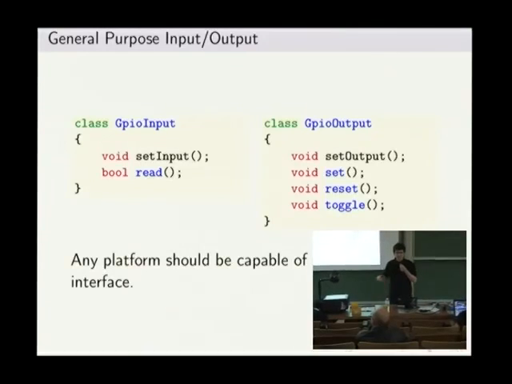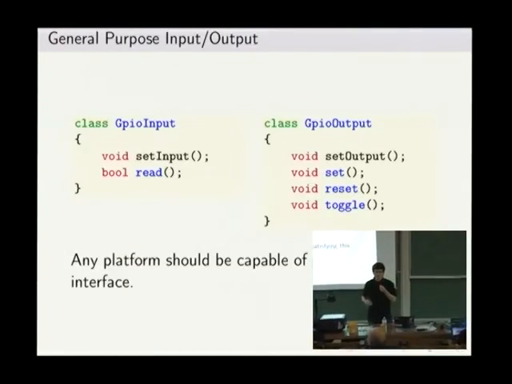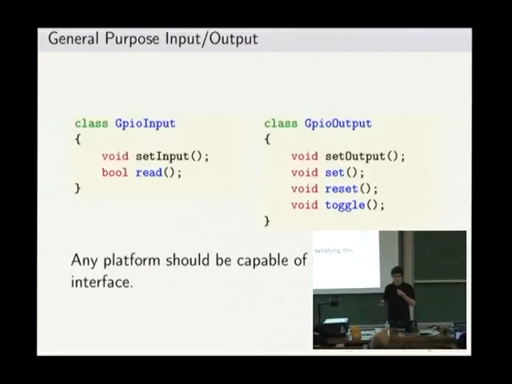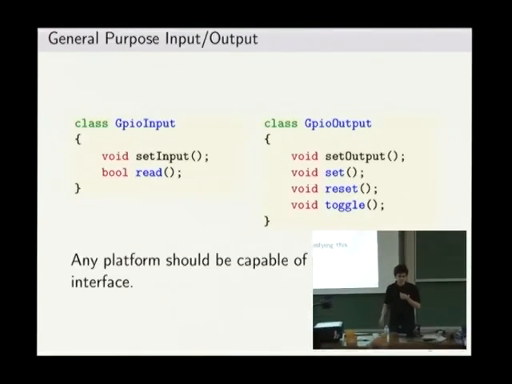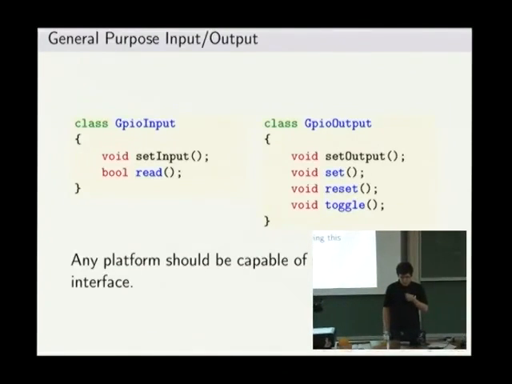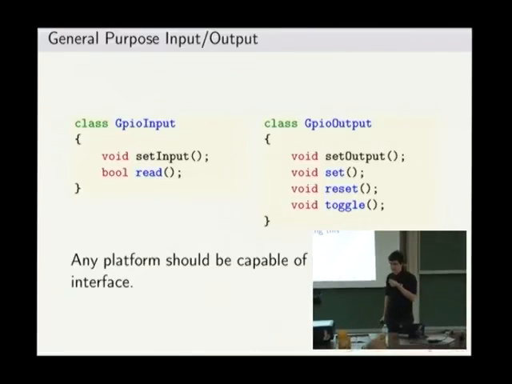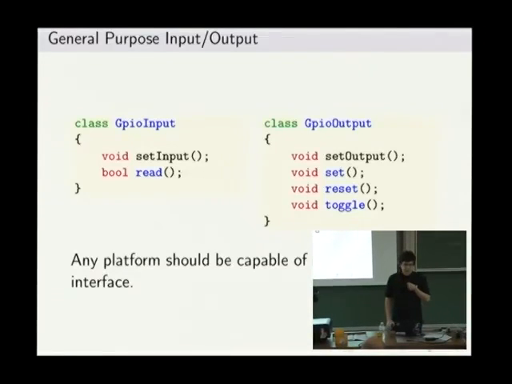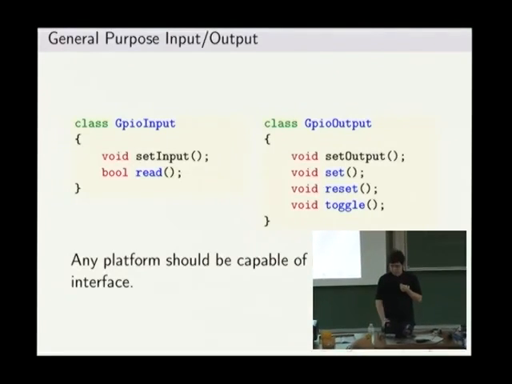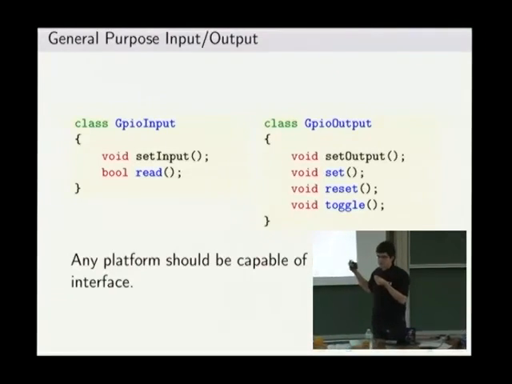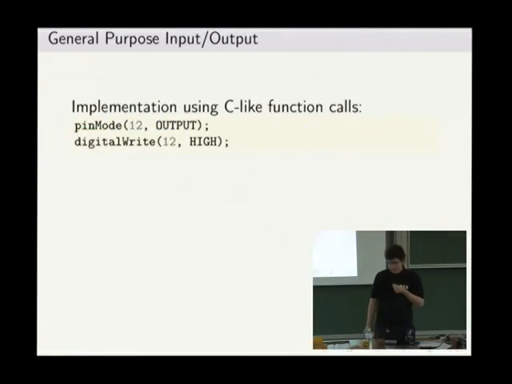You have some form of input, you can read it. It will return a 1 or a 0, depending on how you configured it, whether it's high level or low level. And you can do the same by setting an output. This should actually be satisfied by every target out there. And this is the first example of such an interface, which you can do on every microcontroller. The traditional way of implementing this is using a function call, where you do all this functionality